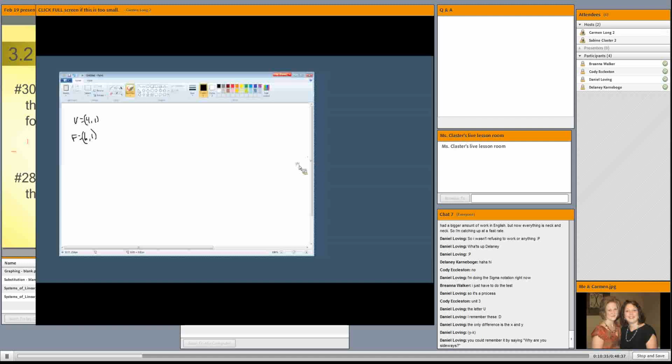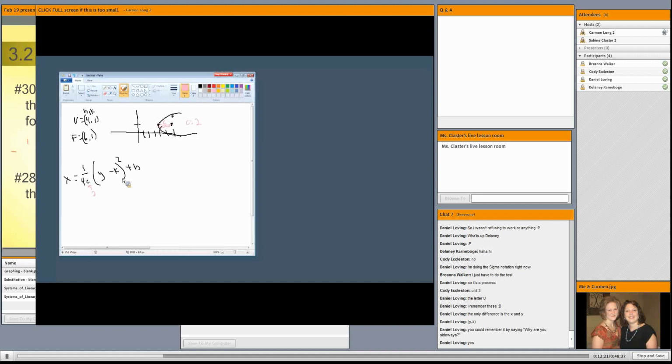So I'm going to plug in 2 here. I'm going to plug in my H, which is 4. And I'm going to plug in my K, which is 1. And then I'll have, what am I graphing? Parabola. Parabola. There we go. So we got 1 over 4 times 2 equals